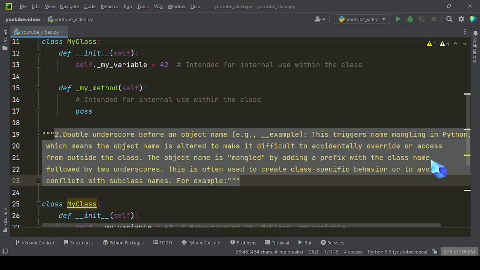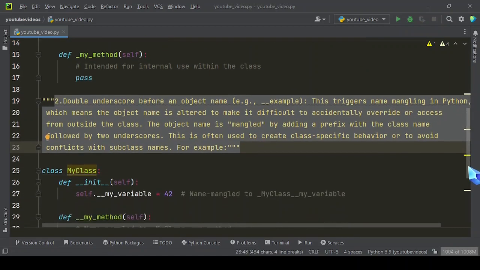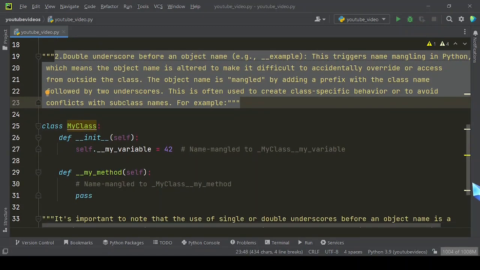2. Double underscore before an object name. Example. This triggers name mangling in Python, which means the object name is altered to make it difficult to accidentally override or access from outside the class. The object name is mangled by adding a prefix with the class name followed by 2 underscores. This is often used to create class-specific behavior or to avoid conflicts with subclass names. For example,